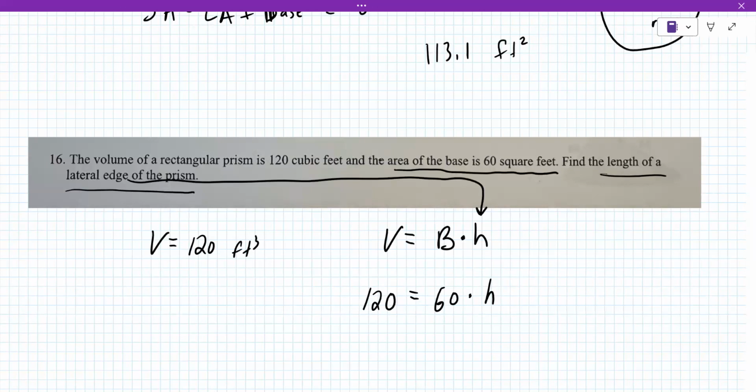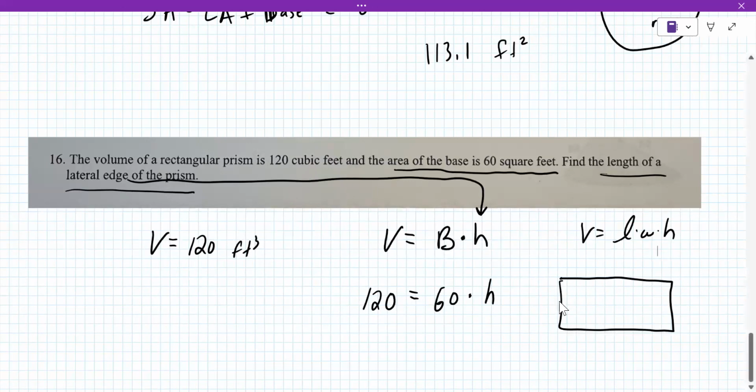Sixty times H. Isn't base length times width times height? Or sorry, volume? If it is, there's several formulas for volume. It's length times width times height, but it's also the area of the base times the height. And what I was trying to show you here is that the lateral edge